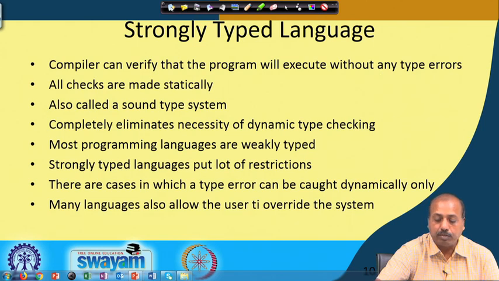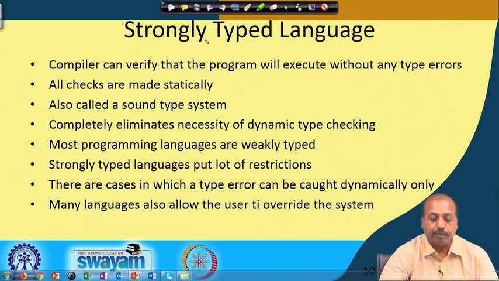It will make the life of the programmer easy, but at the same time it also gives rise to the problem that the program may generate some error while executing. Strongly typed languages put a lot of restrictions,